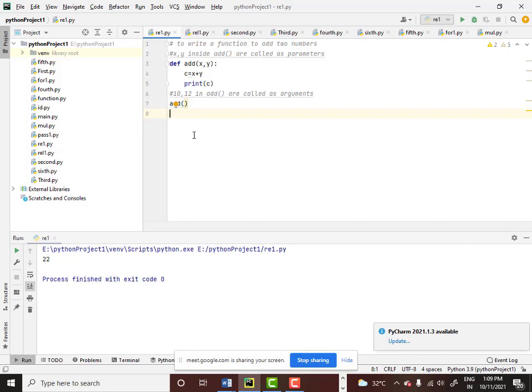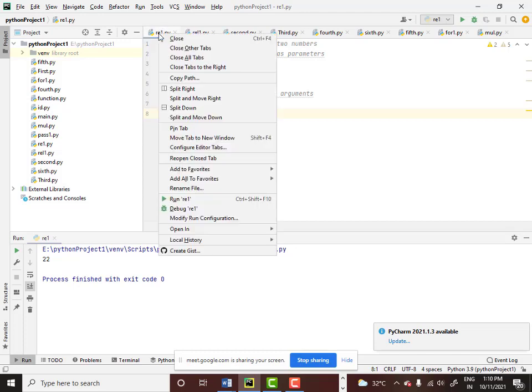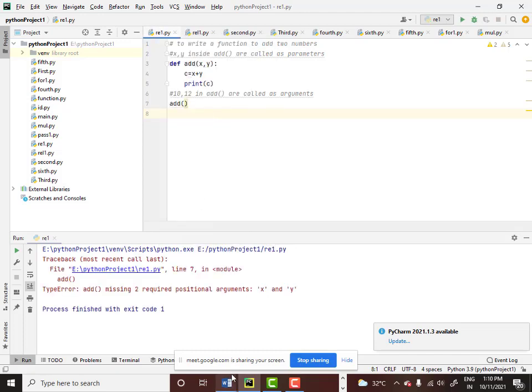But the add function says it has two parameters, x and y. It implies that when you call the function, you must supply two values. Deliberately I am not supplying them. So when I run this, it gives me an error: missing two required positional arguments x and y. So it is very clearly telling me that it requires two arguments.